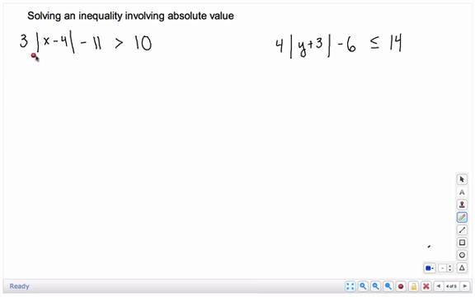One of the things I want you to realize here is that you need to solve this inequality as far as you can so that the absolute value part is the only thing on this left side of the inequality. So we're going to solve it just like if it was 3y minus 11. I would add 11 to both sides and then divide by 3. That's what we're going to do. So we're going to add 11 to both sides. So that's going to give me 3 times the absolute value of x minus 4 is,